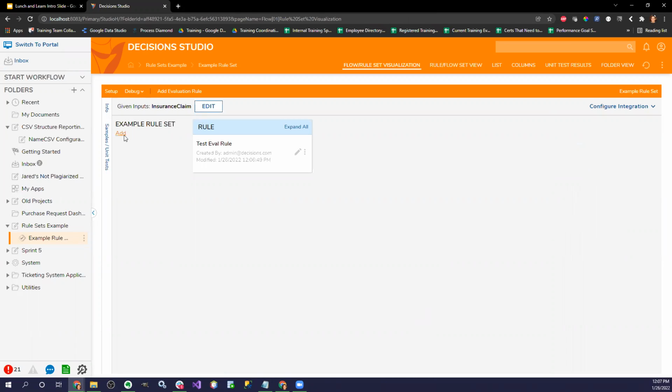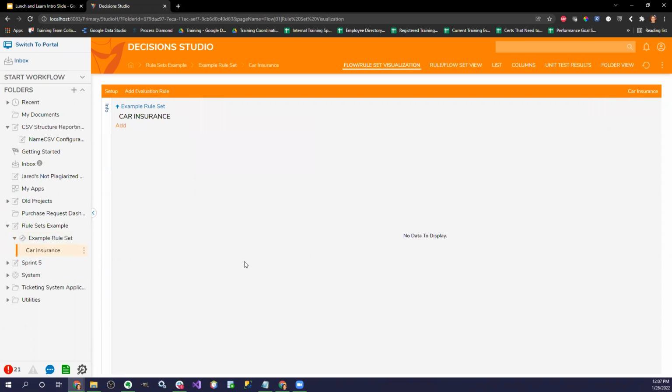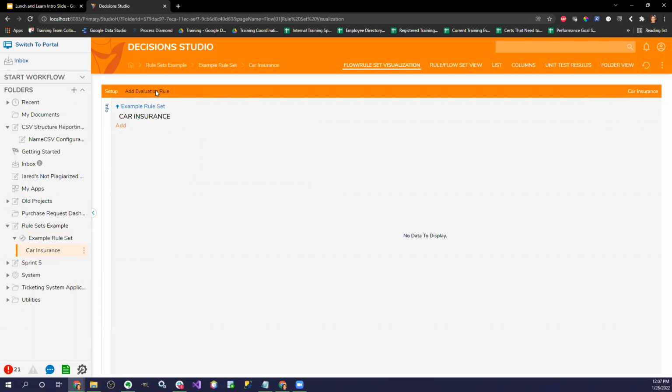What this allows you to do is create different templates of rule sets for different situations. So for example, I can say this is my car insurance, right? What this does is create another subfolder underneath your entire rule set. And within this, you can add your rules.